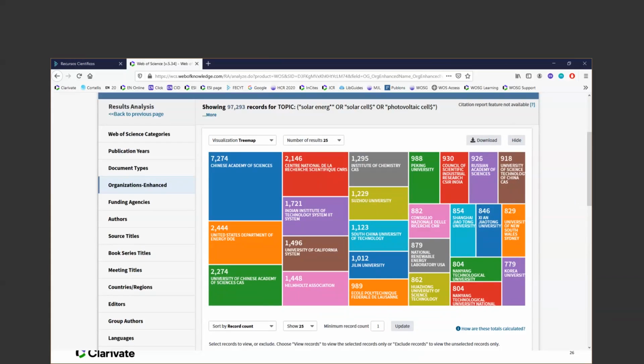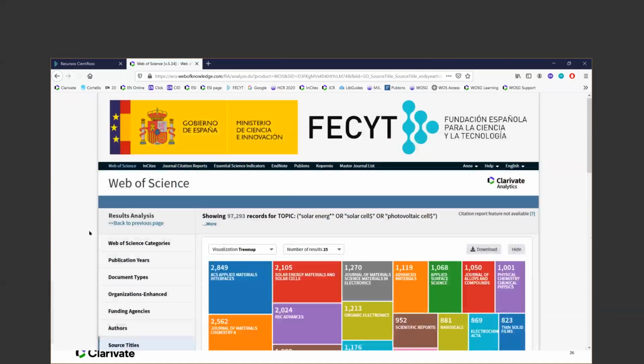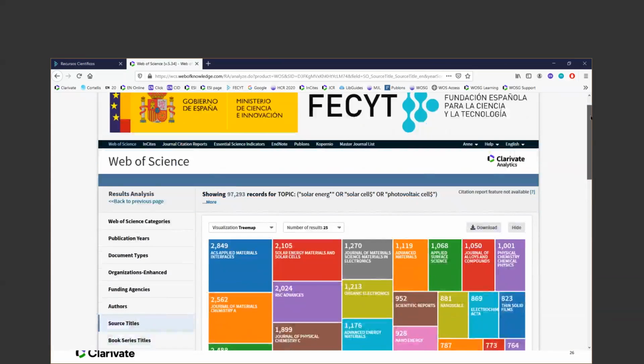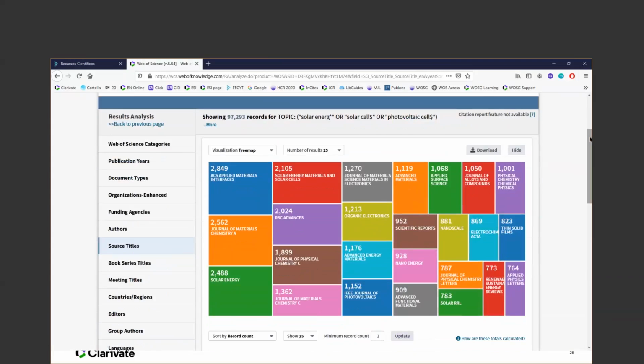I can analyze, reorganize with other criteria. For example, where are they publishing? Source titles are the journals. Where are they publishing? Is this the place where I am also publishing, or can it give me some ideas of other journals where I could publish? And